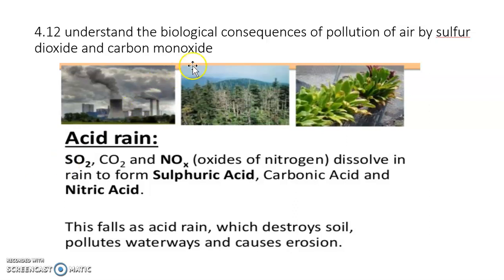You can see in this diagram here that if acid rain falls, it's going to have the impact of directly burning anything that it falls on. So it can damage leaves, it can damage organisms which are living in the soil, and it can change the pH of the soil and have significant impacts. So how do we need to look at this?